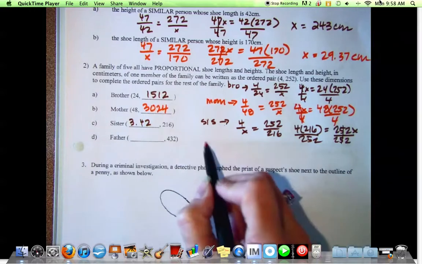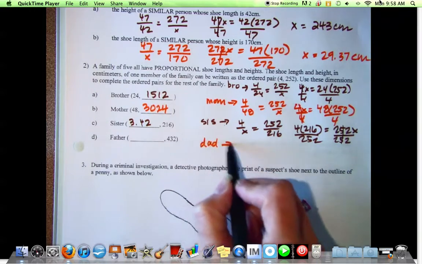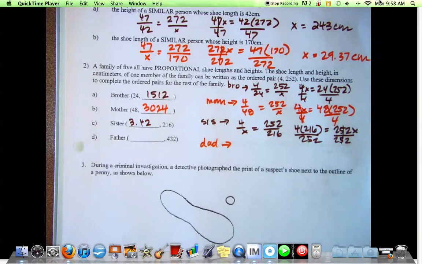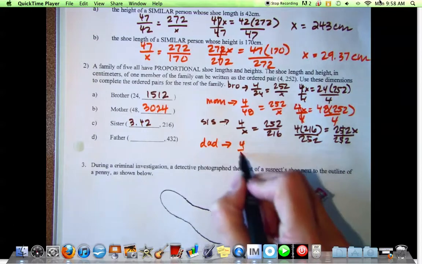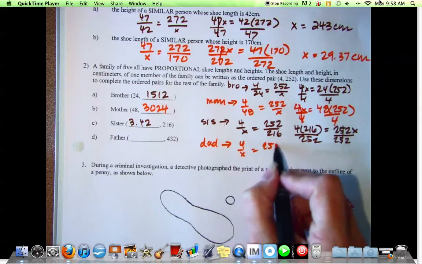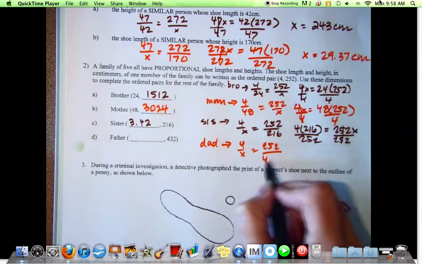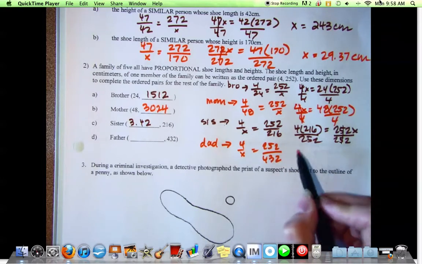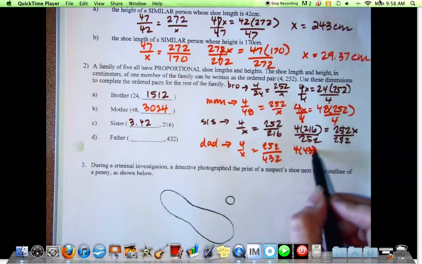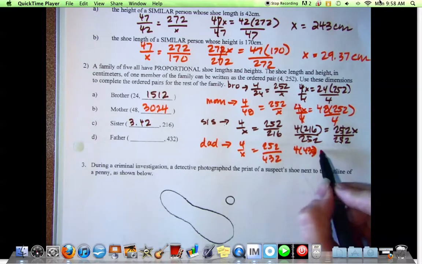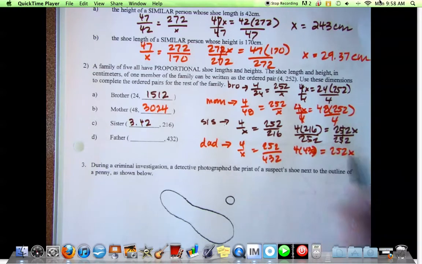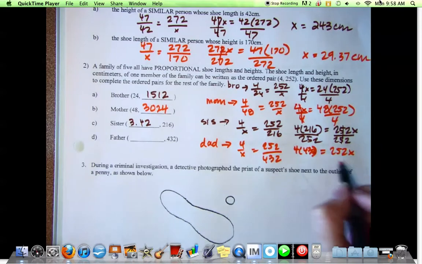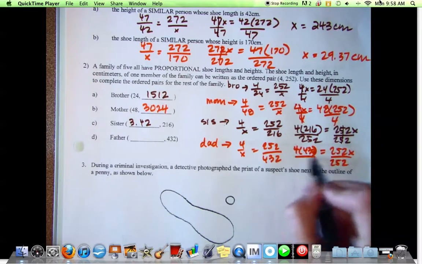All right, for the dad. 4 over x equals 252 over 432. What am I multiplying? 4 and 432 and x and 252. 4 times 432 equals 252x. And what do I do to both sides? Divide by 252. It equals